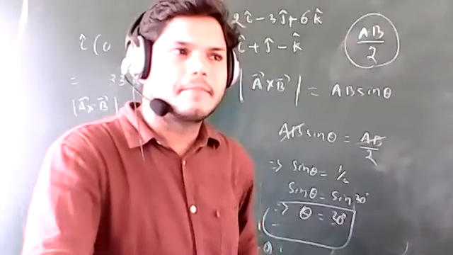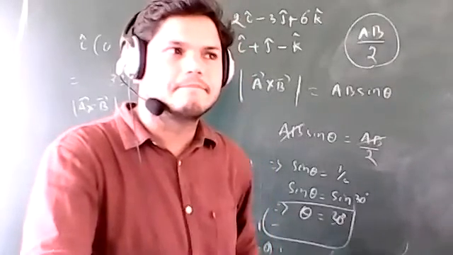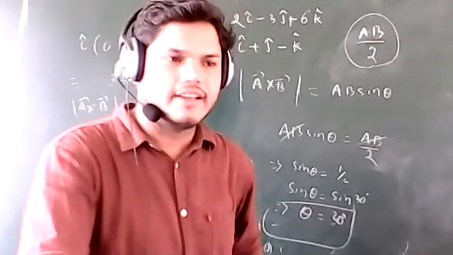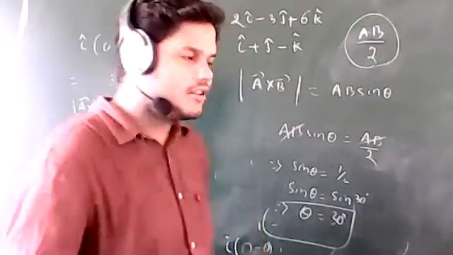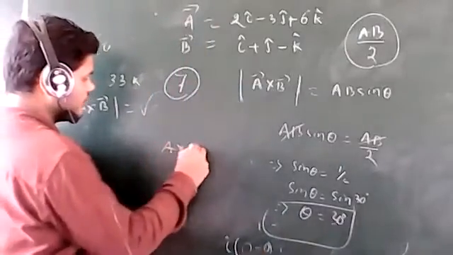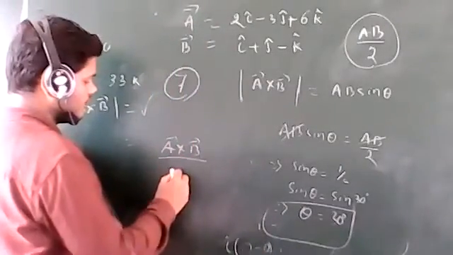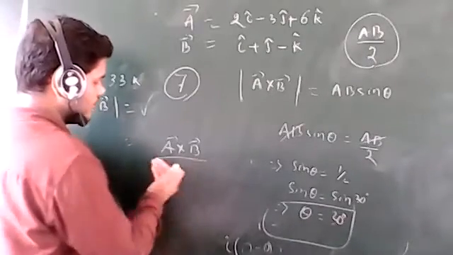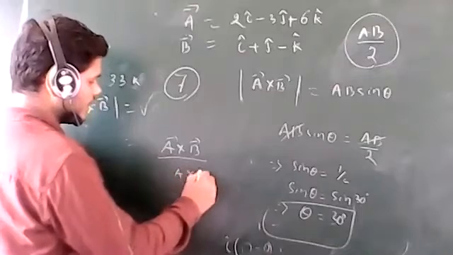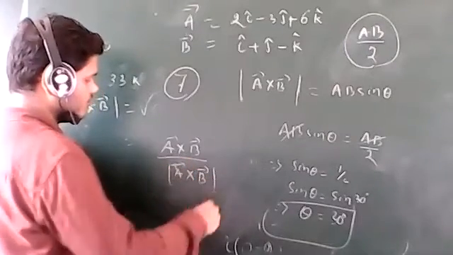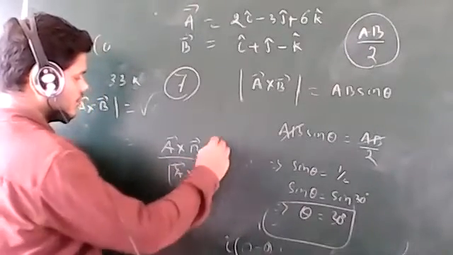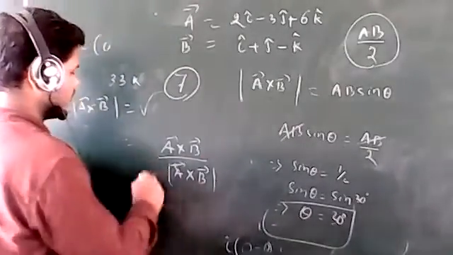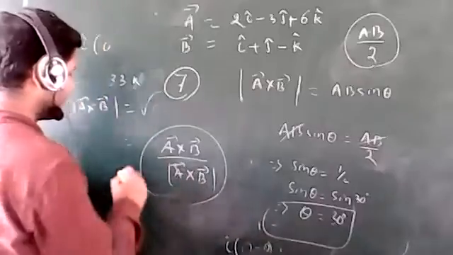Sir, the direction of the vectors A and B upon the magnitude AB. That means you are telling that A cross B upon magnitude of A cross B. Yes, sir. Only magnitude, sir, because it is perpendicular. Then sine will tell A cross B magnitude. Yes or no? Yes, sir. What you wrote is correct. Okay, that means this is the formula to find out n cap.